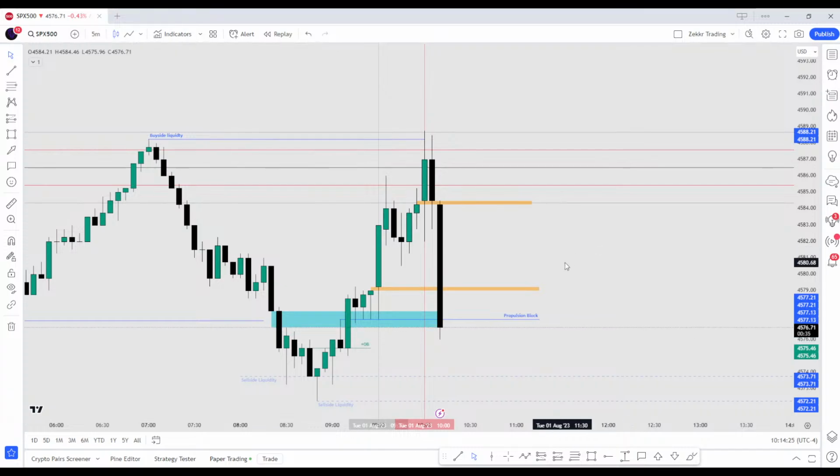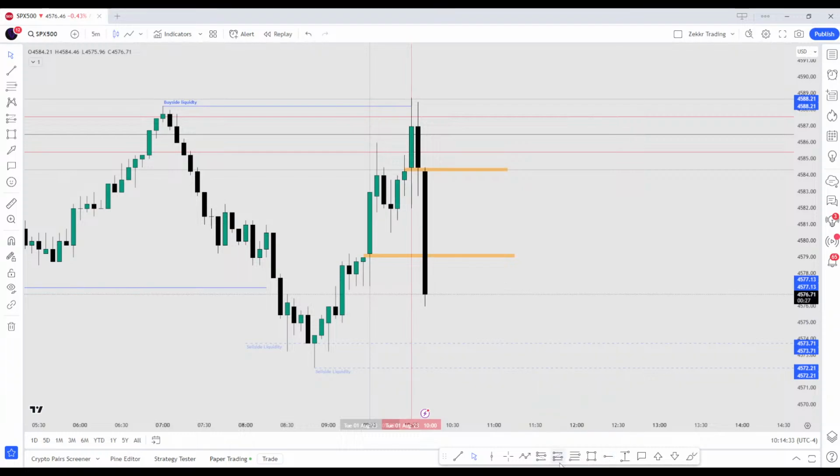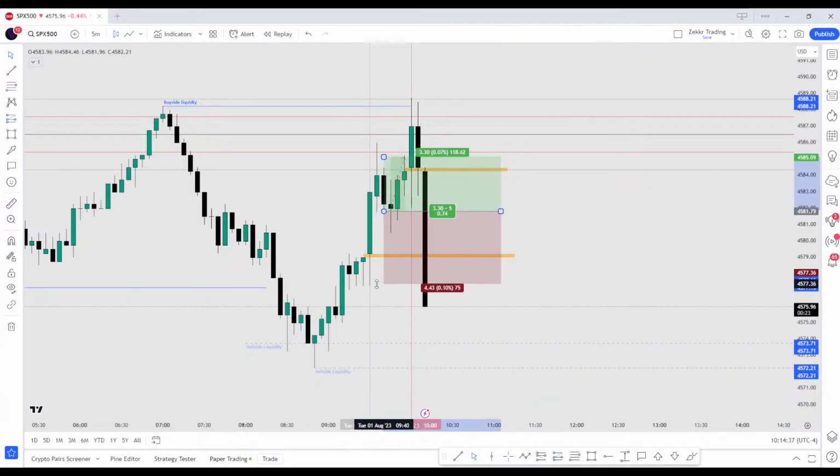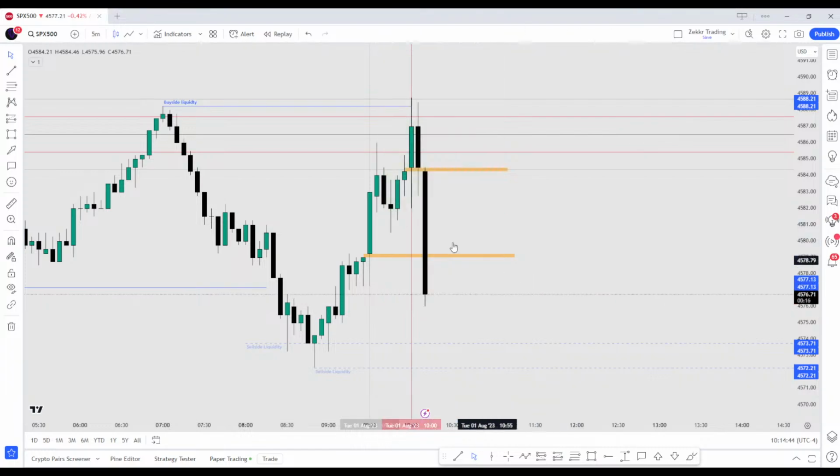Oh my god, guys, that is like a big drop, to be honest. We can delete this. So if I entered, I would get stopped out. My stop loss would be 5 handles and my take profit would be 10. So good job. We know what volume imbalances do, so it's pretty easy to trade. It's not easy, but